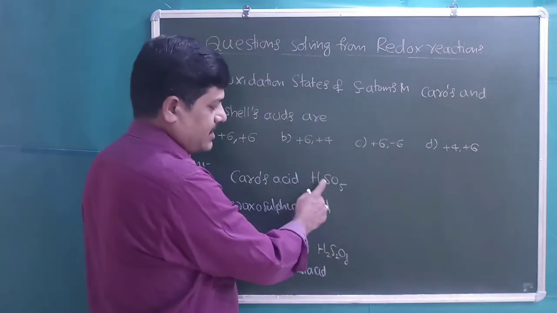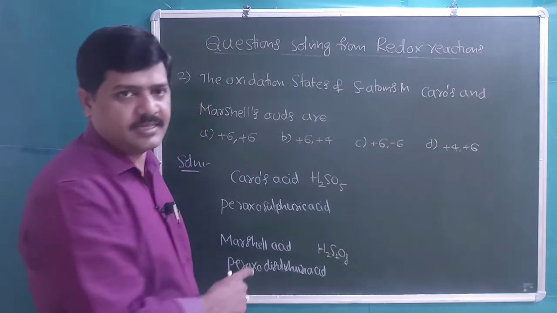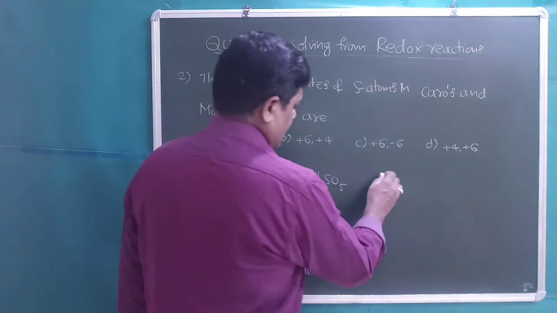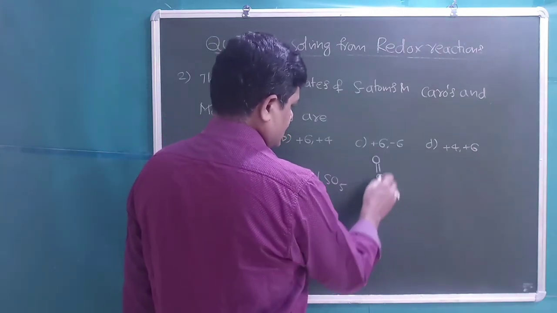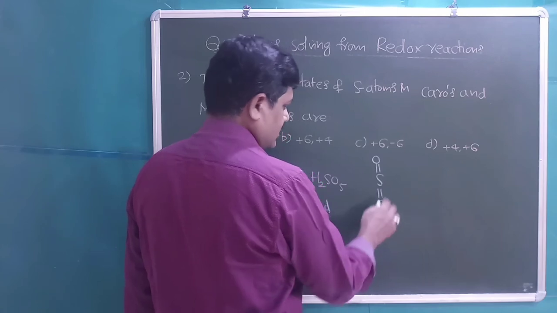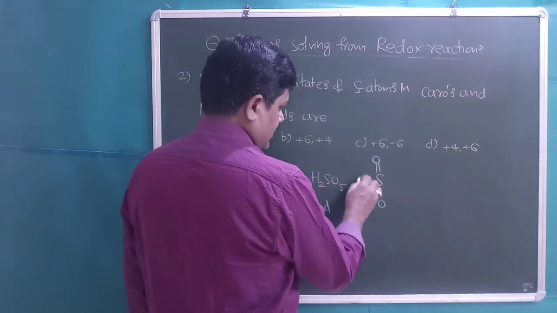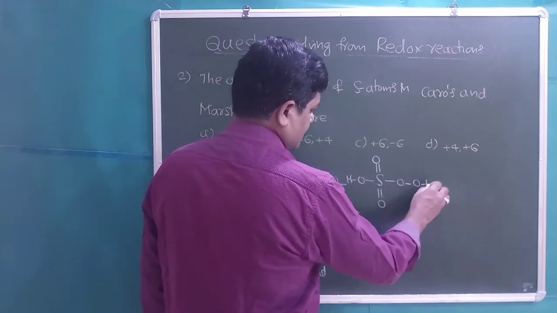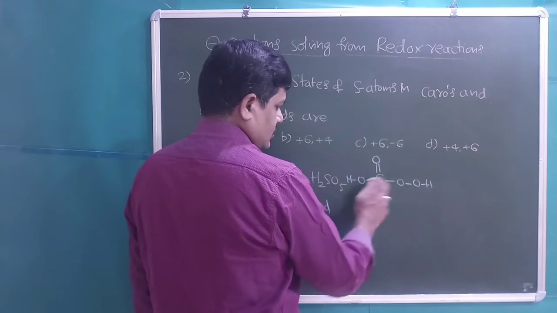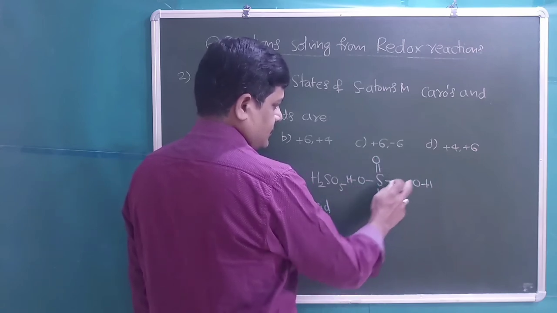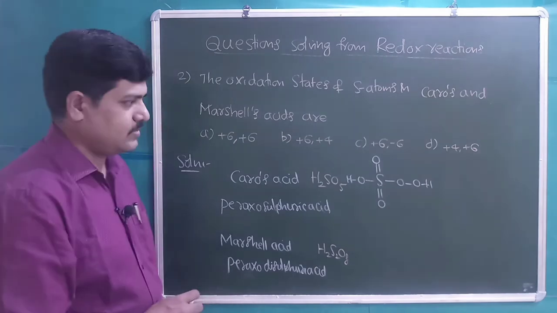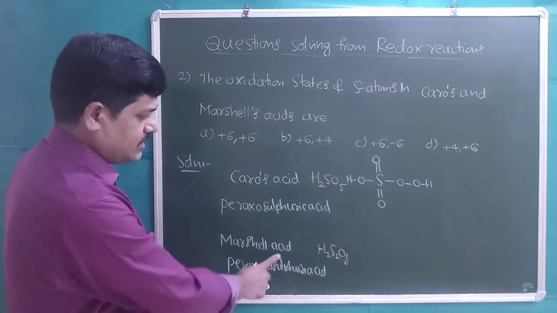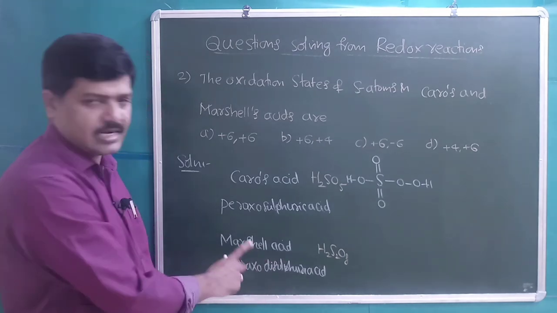Students, for any oxo acid of sulfur, basicity is 2. The number of OH groups is 2 only. Sulfur is connected with oxygen through a double bond, with one OH on this side. It has one peroxy linkage. H2SO5 has 5 oxygen atoms. Peroxosulfuric acid. Peroxodisulfuric acid is H2S2O8, which is known as Marshall acid.